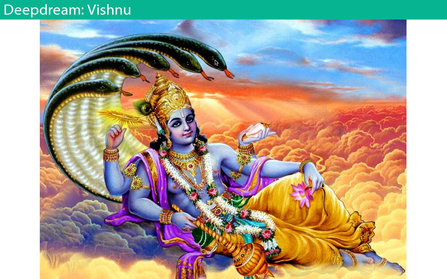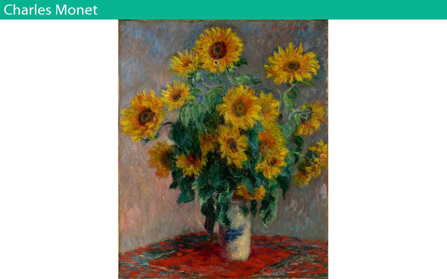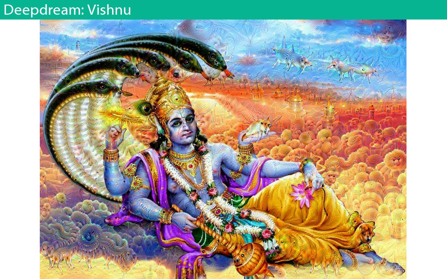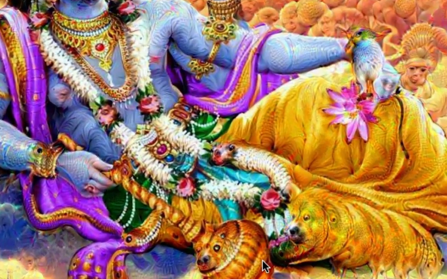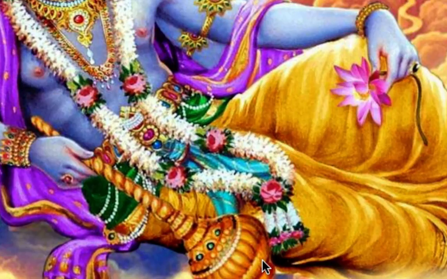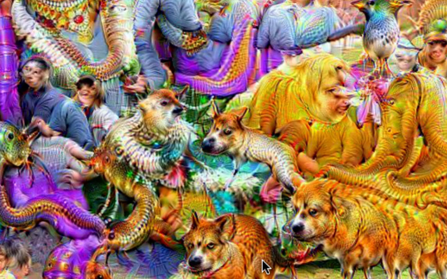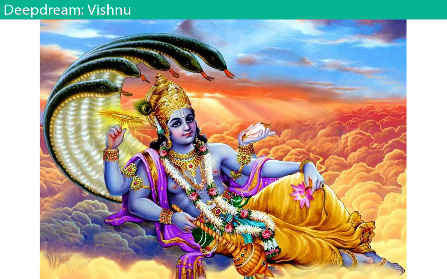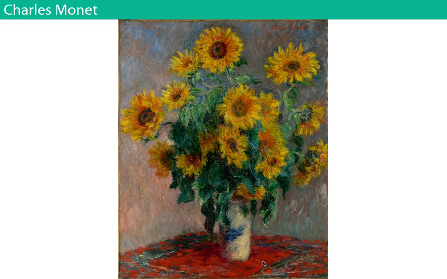I'll just show you some of the things that I did with Deepdream. As you can see, I'm a fan of Indian iconography. I spent a lot of time in India, so I took this image of Vishnu, and this is what you do after one iteration of Deepdream. It just finds this weird stuff going on here, right? Do it again, and again, and again. Oh, that's it. That's all I had here. So it's an iterative process, and it will produce these really amazing, crazy images.